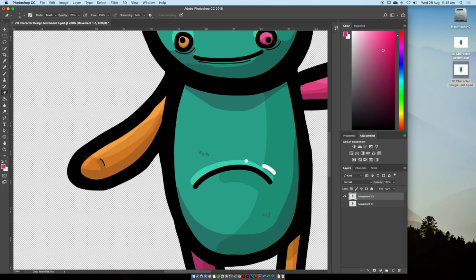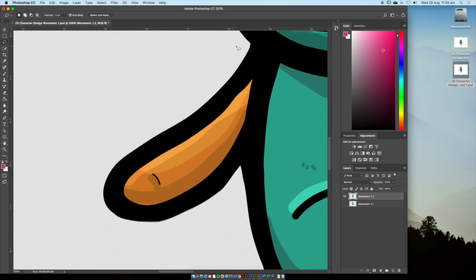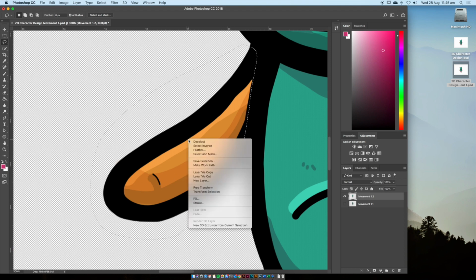Do the same with your other arm or the element that you've chosen. Use the lasso tool to make a selection roughly where there is nothing connecting, and then when you get to a connecting part, go slower so you don't have to do as much work for yourself. Once it's made a selection, right click, layer via cut,